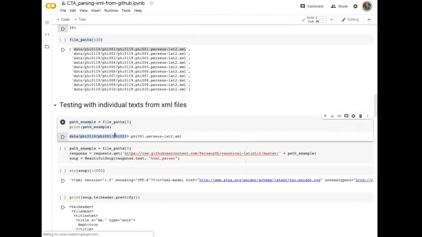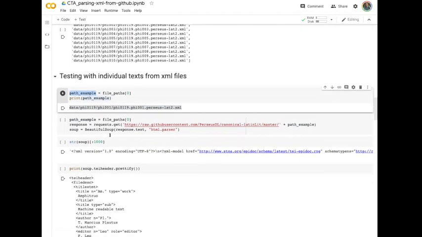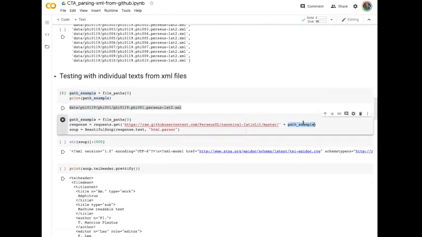So I now have this string in the path example variable. And now I simply put this variable behind this general URL for the whole repository for getting the raw data in the repository,